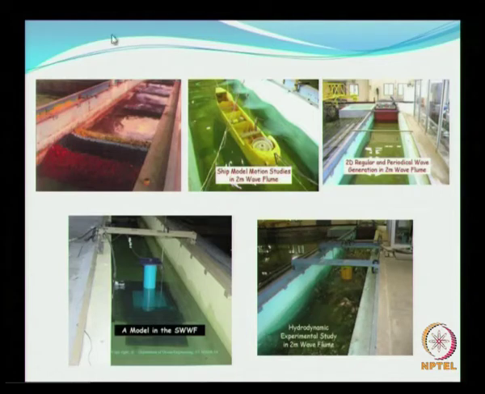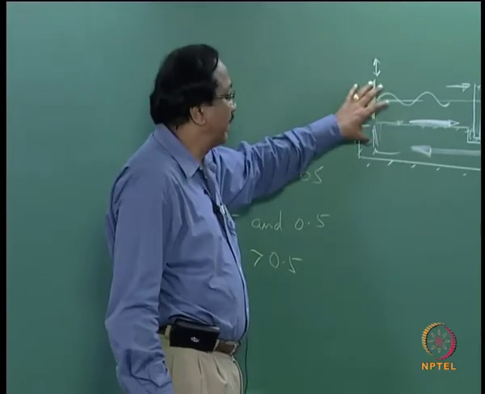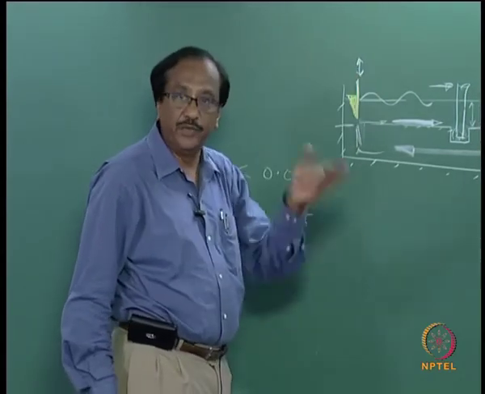So these are some of the tests carried out, where you see that there is a test being conducted to verify the stability of a rubble mound breakwater. Here the ship motion studies are being carried out, and this is another flume which, after a few years, in the mid 90s, was decided to be removed, because we wanted to test structures subjected to random waves also.